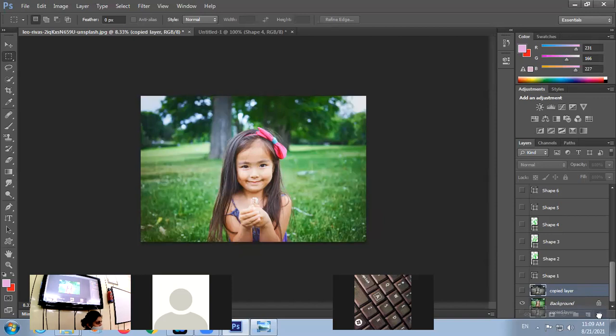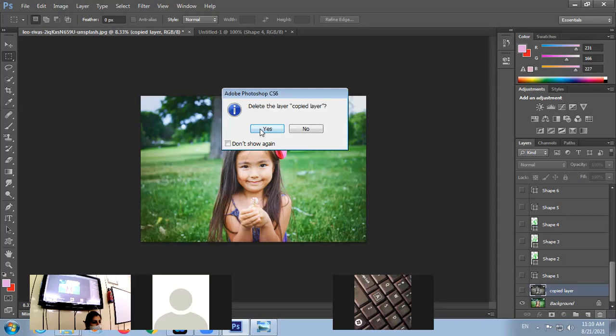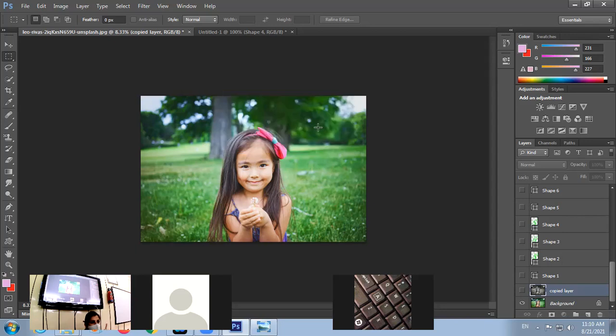See, I'm dragging my layer. आप drag करके लेके जा सकते हो. See here, see on the screen. I'm simply dragging the layer on to that bin button, right? Third way, you can simply select the layer and click on the delete layer button. So it will ask again whether you want to delete it or not. No, the delete key will not work.